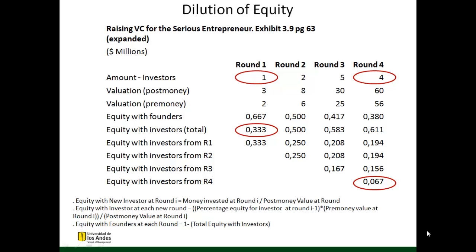So the different risks associated to the business up to that point have been covered, right? You as an entrepreneur have been able to show that you can make a product, that you can sell the product, that you can do an initial sales ramp up, and now you want the money in order to grow. Okay, so in the final round, you're able to ask for money, giving away a much lower percentage of equity than at the beginning. That is the essence of the argument, and that's what you should work out in your